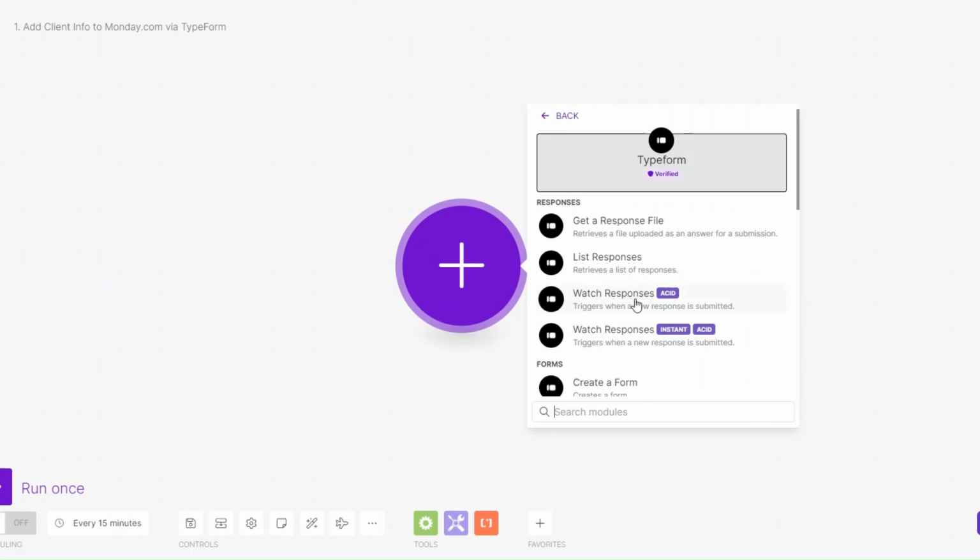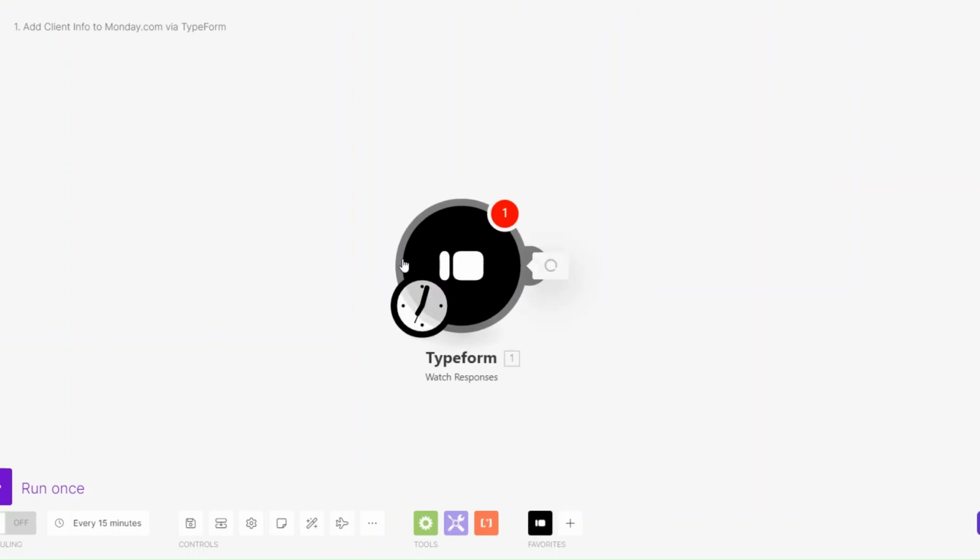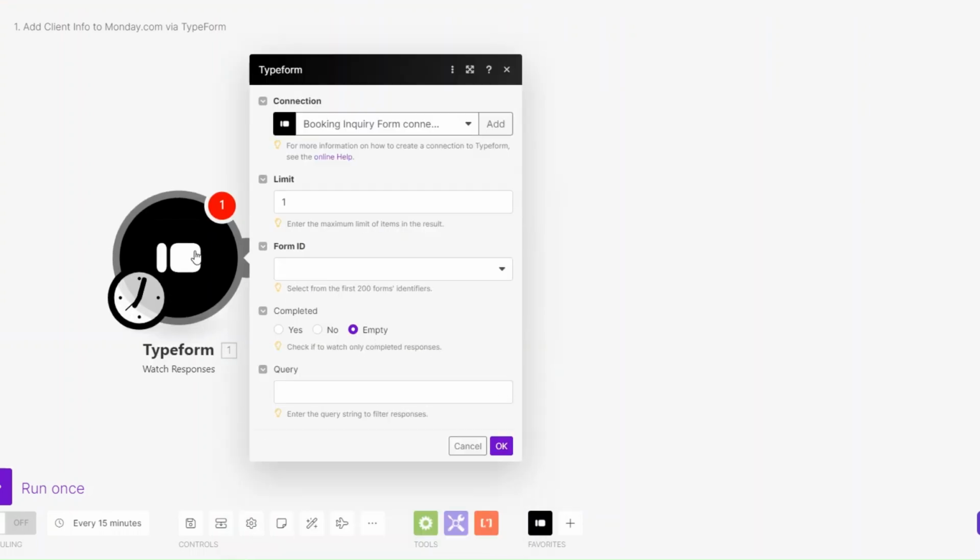Now here, we have two watch response triggers. The first one has ACID and the other one has instant. So the one with ACID, you will have to choose when you'd like to trigger our automation. But the one with instant, it automatically triggers instantly after the form has been submitted by any of our clients. I'm going to choose Watch Responses ACID since I would like to choose when to trigger our